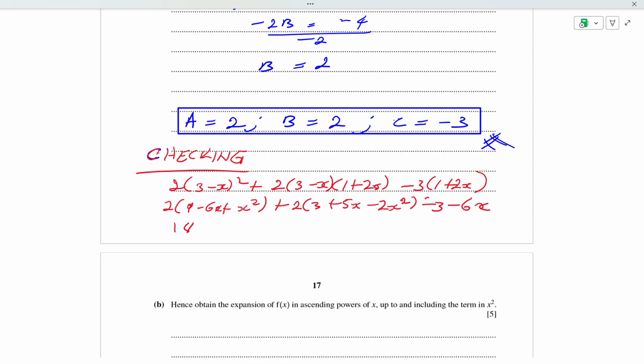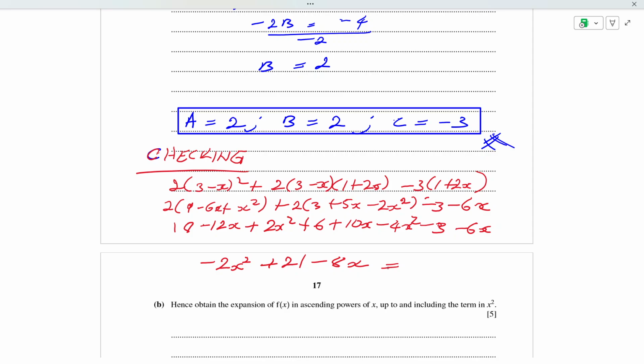Then you simplify: 18 - 12x + 2x^2 + 6 + 10x - 4x^2 - 3 - 6x. You simplify that, and you'll see that you have 2x^2 + 21 - 8x, which is equal to the numerator